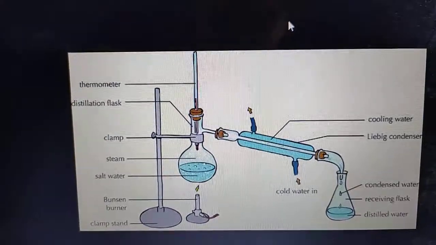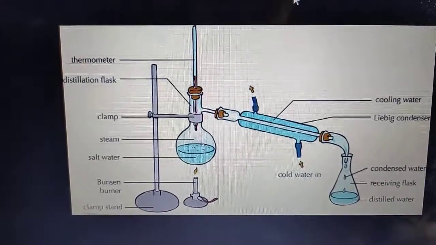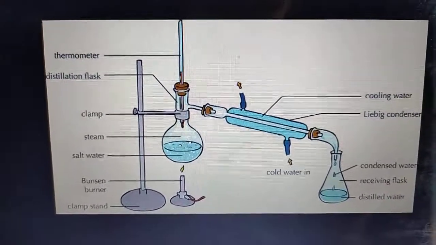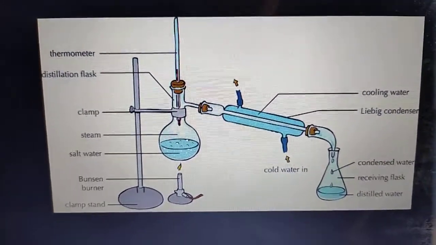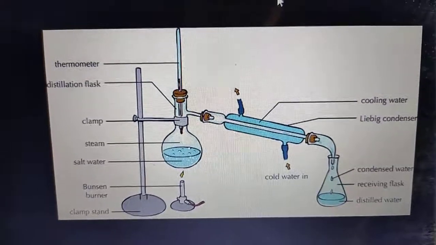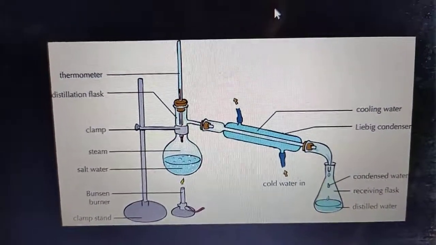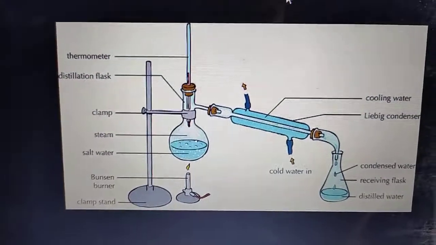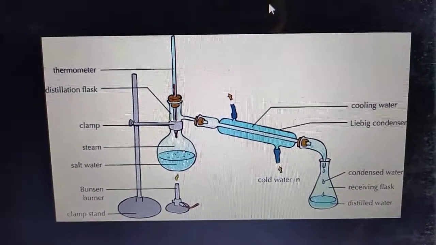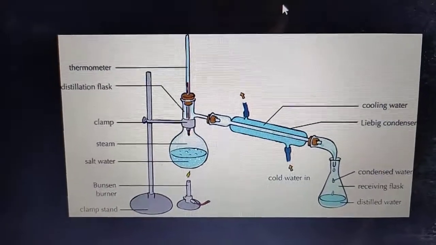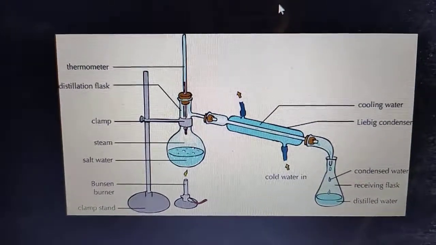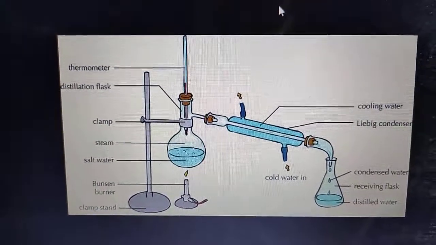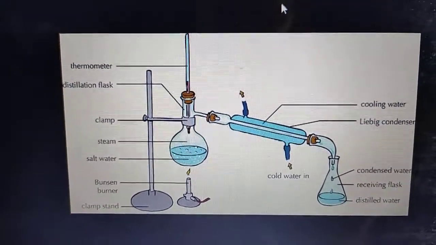Distillation is a process of converting a liquid into vapor, condensing the vapor and collecting the liquid, called distillate. When a liquid is heated, it converts into vapor, and when vapor is cooled, it converts again into liquid. This process is used for separating mixtures of liquids of different boiling points, that is, the temperature at which a liquid starts boiling, or for separating a pure liquid from a non-volatile but soluble solid.